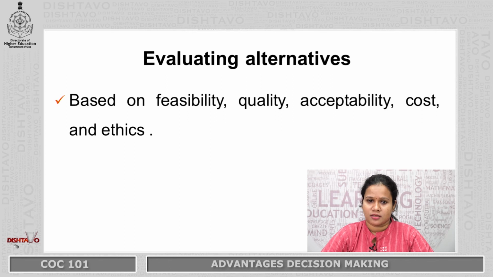Next one is cost. Cost is the monetary expenditure towards the resources. Take for example, man. Man basically means the worker. What is the expenditure towards man? It will be the salary paid to the worker. So, that comes under cost. And lastly is ethics. Ethics means whatever decision is taken by the management, it should fit within the ethical background of the company.